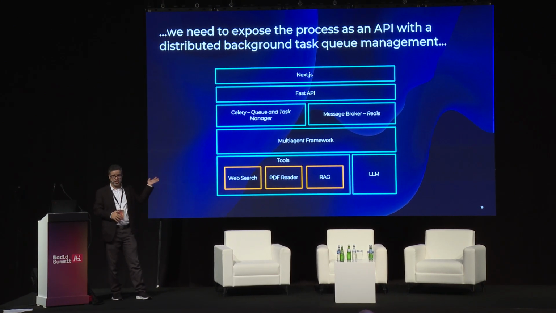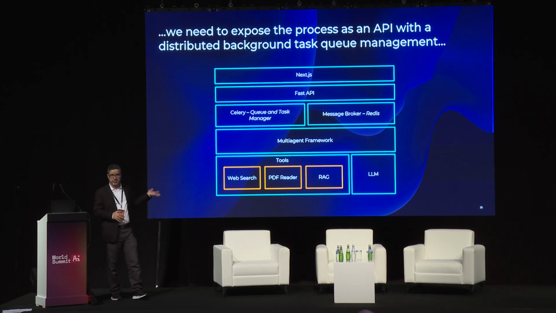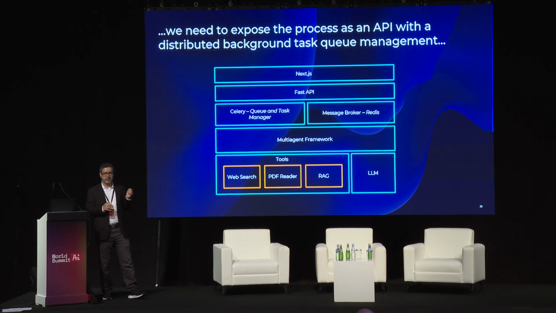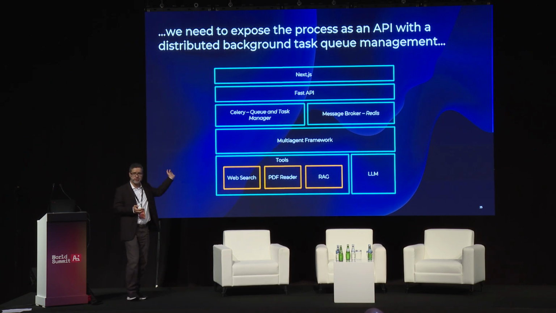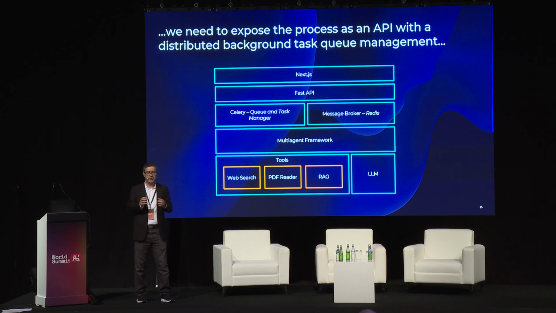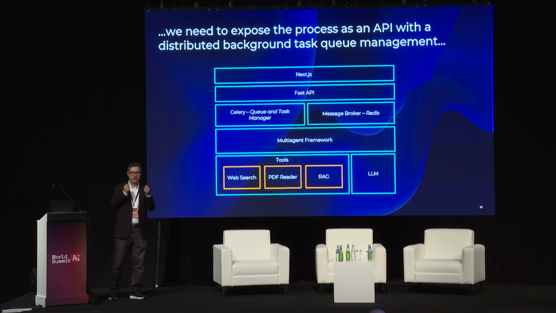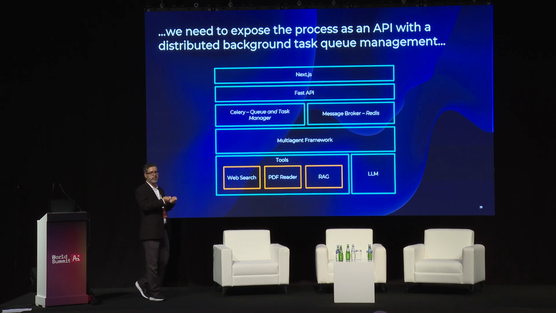It generates a Next.js app. It generates the API layer through FastAPI. It understands that it needs to perform tasks which are long-running, so it creates your message broker, it creates your queue management, so it takes care of all these things for you. So this is the magic: you don't need to be a really sophisticated architect for this. You can use AI to help you with the initial creation of the components in this case.